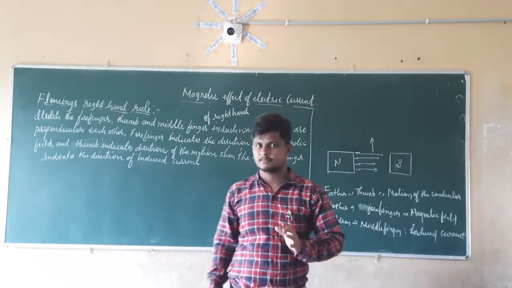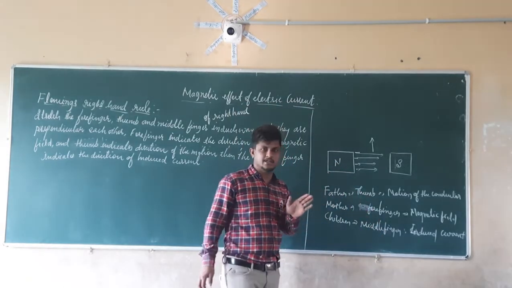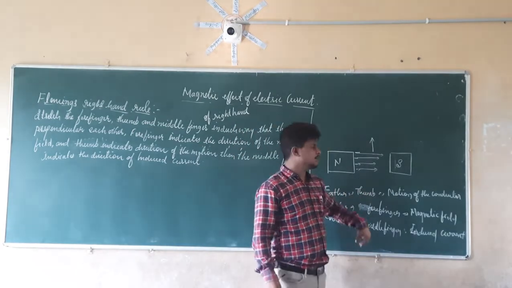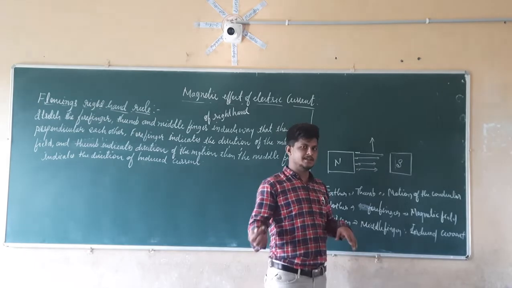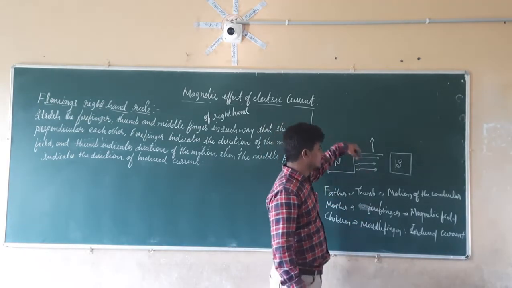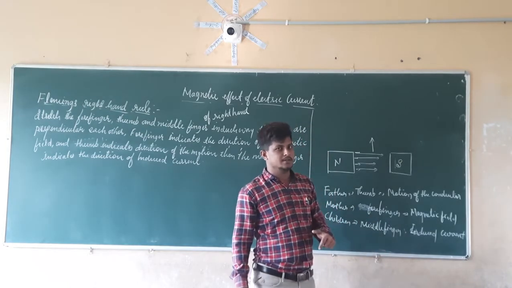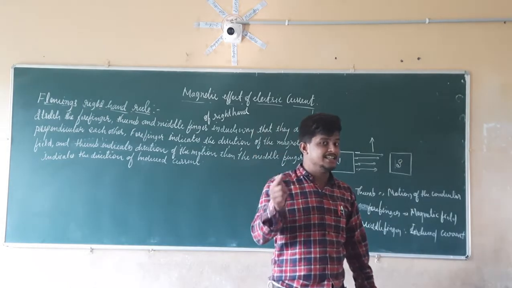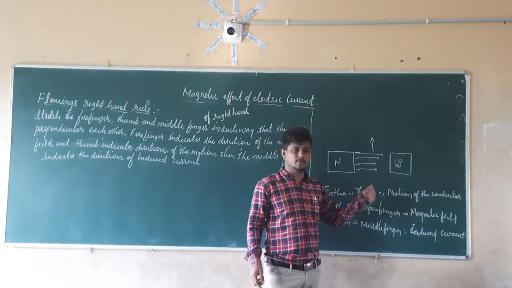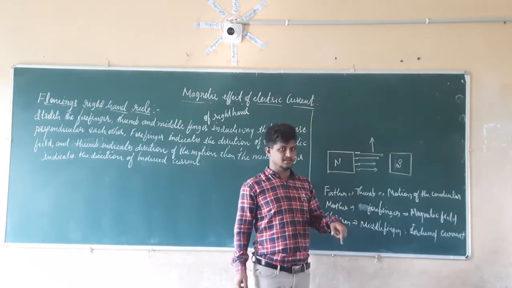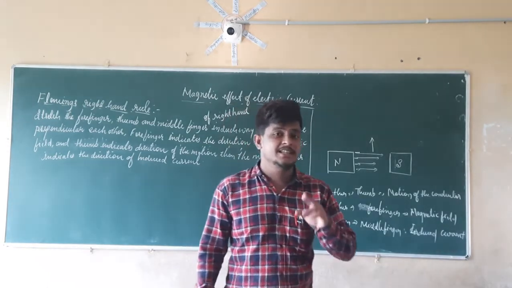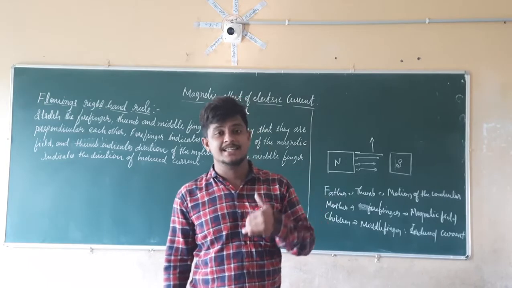Right, see here. Another thing I am going to tell you here. Now when the conductor moves in the magnetic field in the upward direction, the current is inwards. In the second case, when the conductor moves in the downward direction, the current is outwards. So if we check here, at each rotation, while going in the upward direction and while coming down in the downward direction, at each and every point the current is changing its direction.